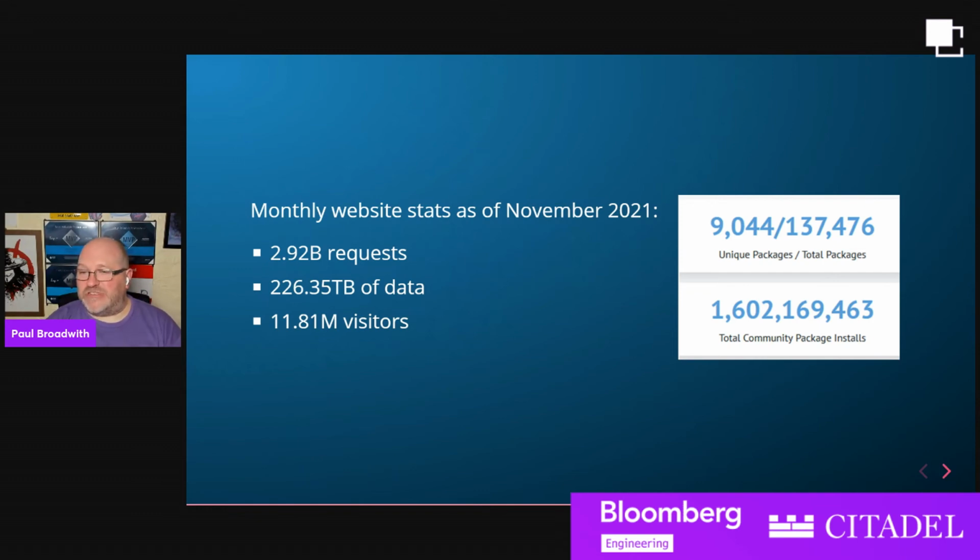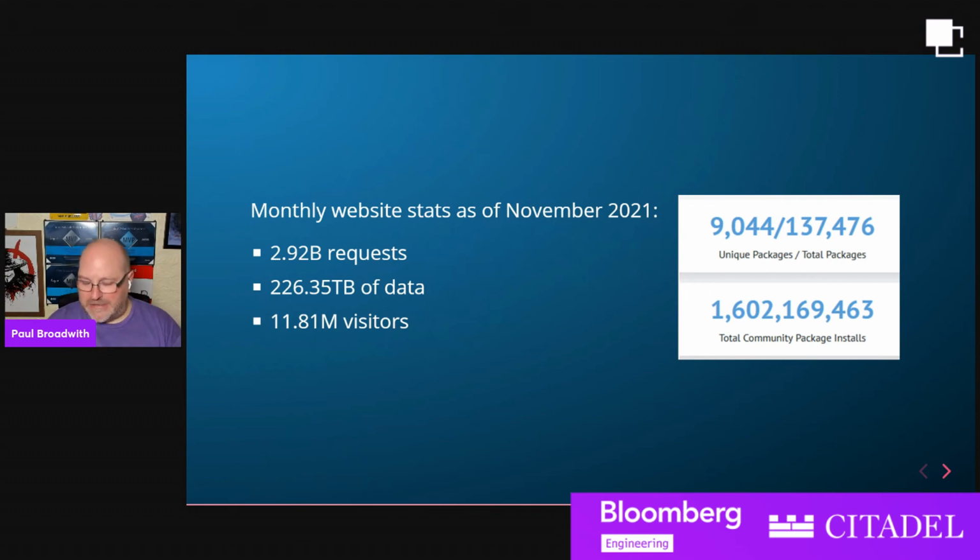1.6 billion downloads. Now that 1 billion downloads limit, I think we hit that wasn't that long ago. I'm not going to tell you which date it was, because I honestly can't remember. It'll be the wrong date and people complain, but it wasn't that long ago. So the traffic has exploded. We've got 2.92 billion requests in November, 226.35 terabytes a day, and 11.81 million visits. That's a huge amount that the Chocolatey community repository is serving. So again, going back to what I said at the beginning, been around for 11 years, not a flash in the pan,